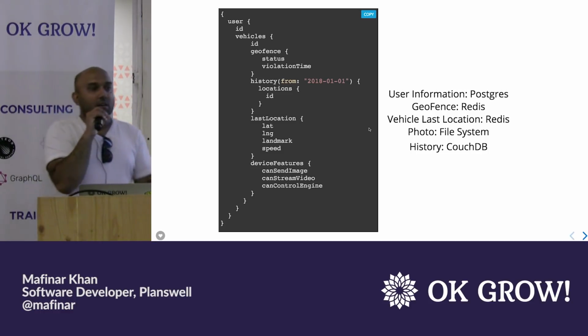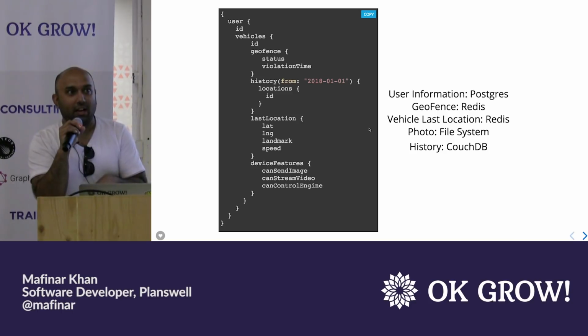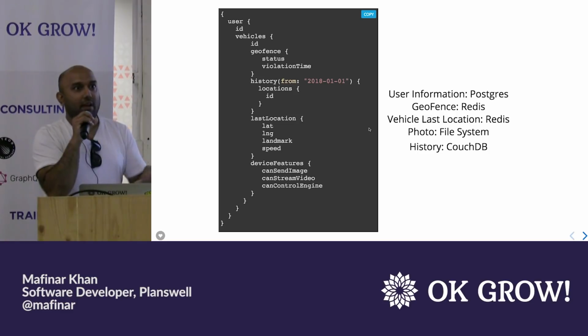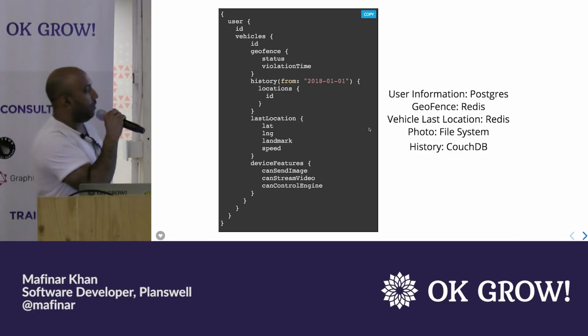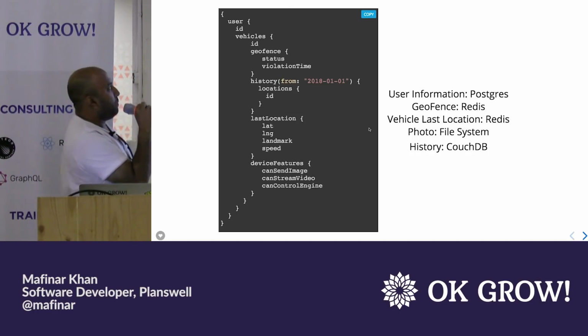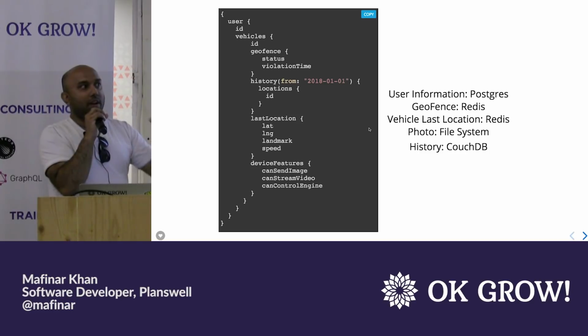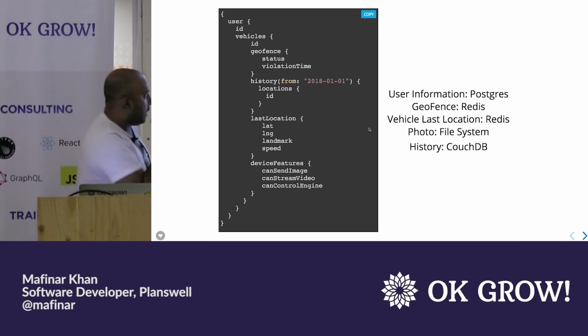So the dominant factor of the communication is not about what the backend architecture is like. It's about how you want the front-end architecture to be. And if there is something too different that you cannot do at all, that's when you change it a little bit. So here's an example of a query that we finally came out with. Here we have a vehicle. You get an ID back, you get the geofence status back. Geofence is whether your vehicle deviated from the polygon that you drew on the map. And there's the history and last location, device features.